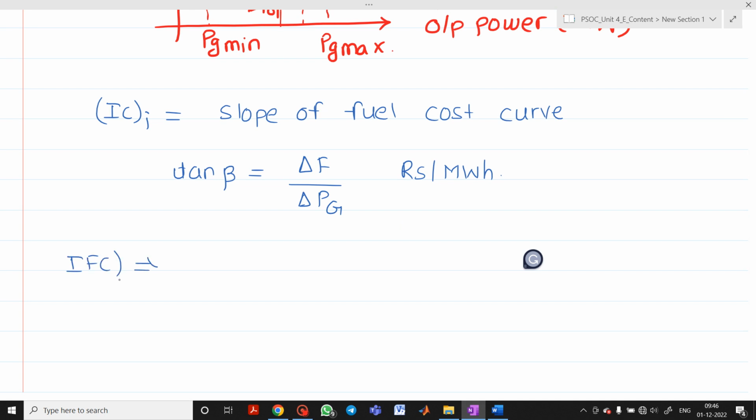I will write it for your understanding so that it will be easy. So IFC at the ith thermal unit is defined for a given power,